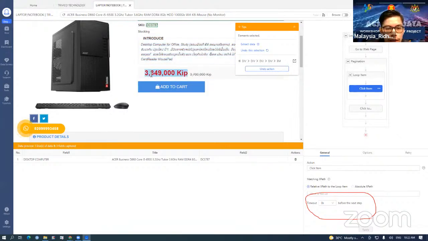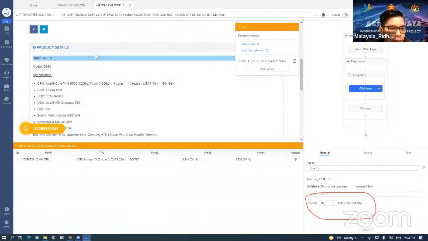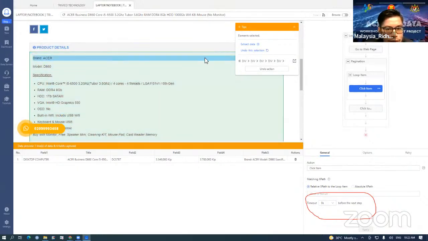And we also can get the information of the price. This is the current price, and this is the original price, or discounted price. We have two prices here. And another one, we can pick information below. Right? So this information here